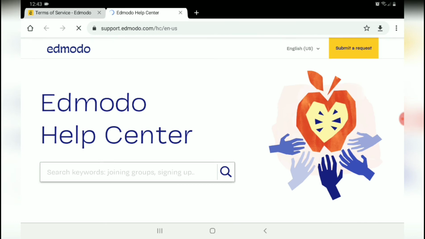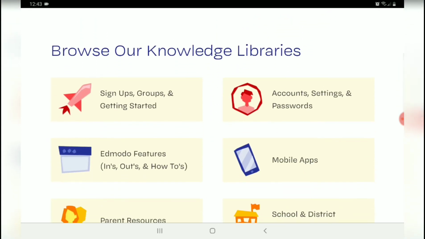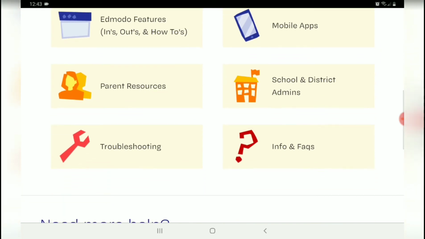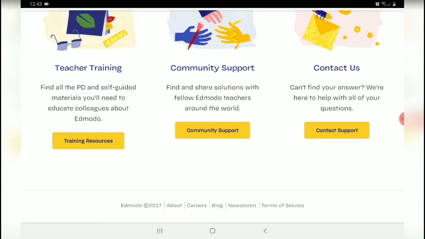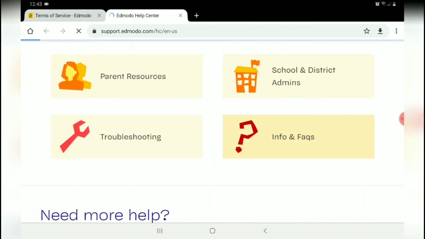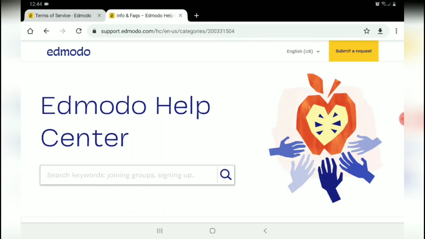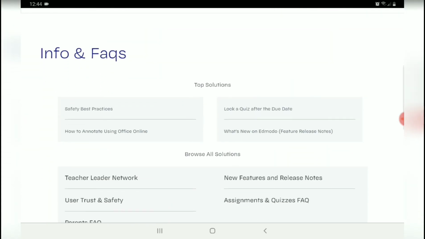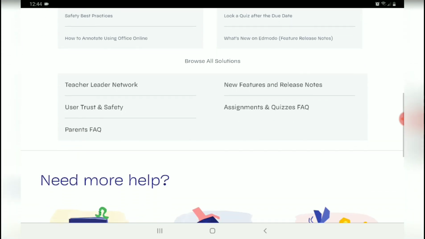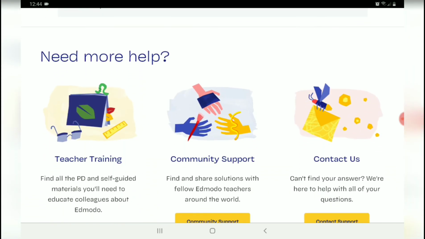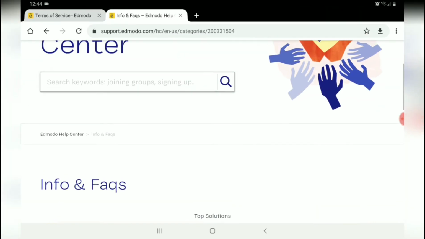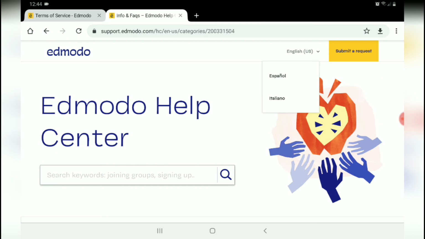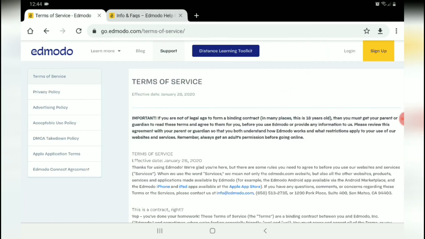And if you need help, you go to the Edmodo Help Center. There are lots of knowledge libraries, troubleshooting, info and facts, teacher training, and training resources. There's a contact us. If you click that in, we'll see some of the questions that have been answered already. Pretty slick, right? Okay. If that's not enough, you actually go to